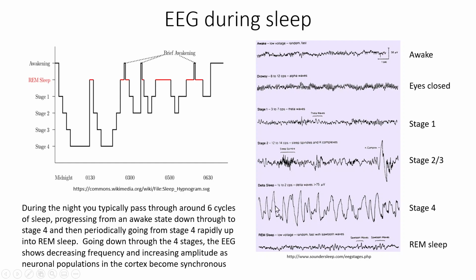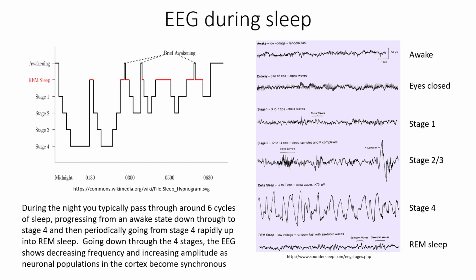And these you can see are representing a huge amount of synchrony within the cortical neurons. And that represents, if you like, the intrinsic rhythm of the cerebral cortex, because in stage 4 the thalamus has largely been inactivated and the cortex is being allowed to get on with what it needs to do during sleep.